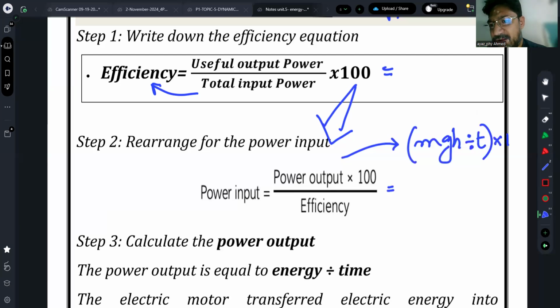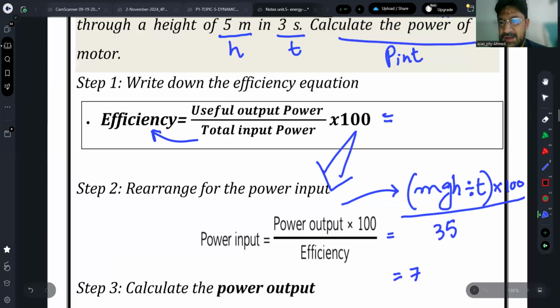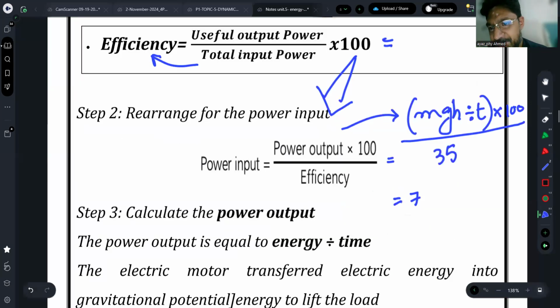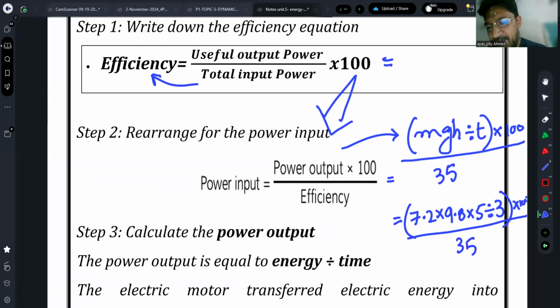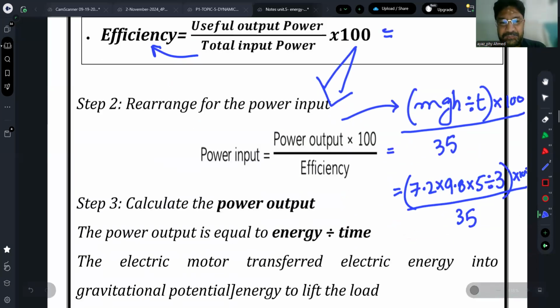So it will be multiplied by 100, and efficiency is 35. So mass is 7.2 kg, and the value of g is 9.8, and height is 5 meters, in 3 seconds. So this all would be multiplied by 100 and divided by 35. So your answer will be